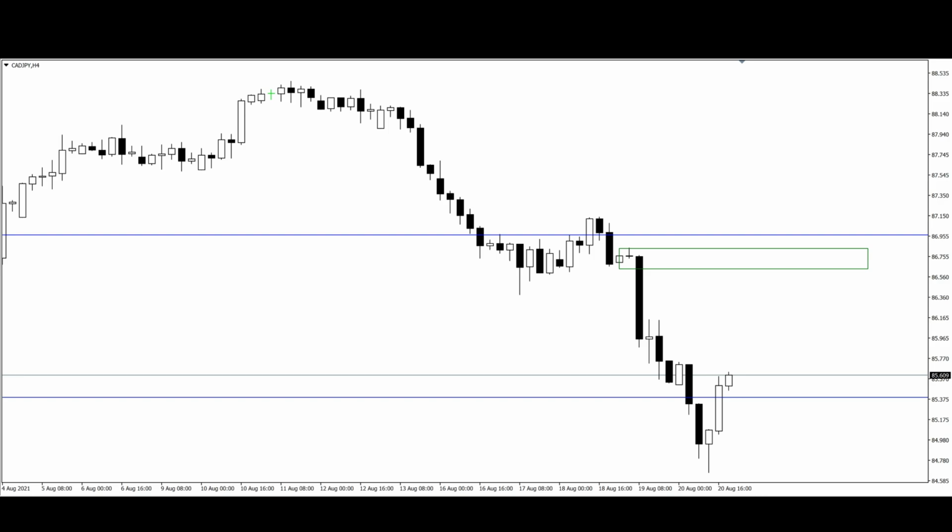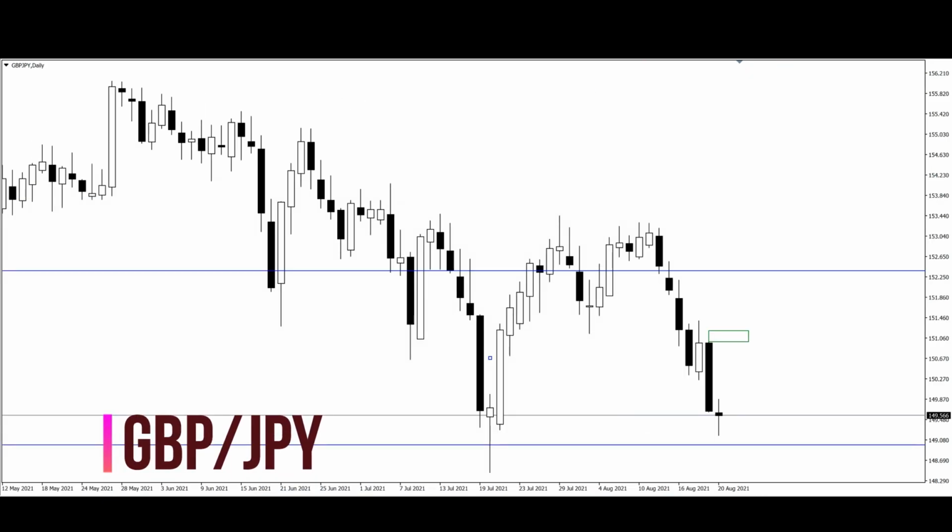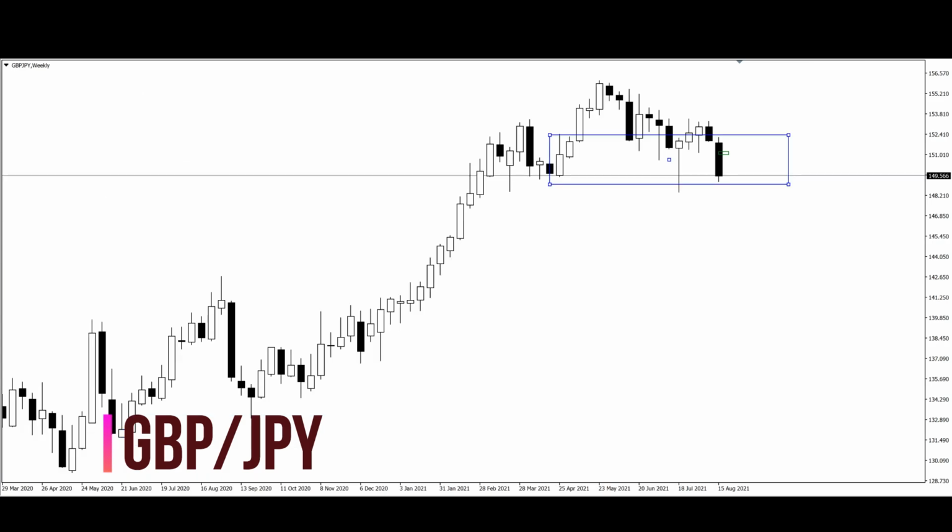All right, next up is going to be British pounds, Japanese yen. Looking into the longer time frame, another yen cross with a very weak demand zone on the weekly. So the theme here is pretty similar. The yen crosses are trading in a demand zone on the weekly time frame. However, that demand zone is pretty weak based on the price action that we are seeing